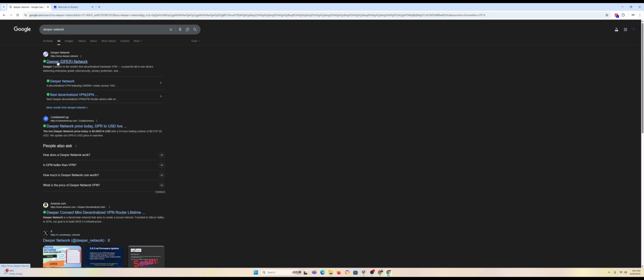So just to confirm, we're going to check the domains that are normally used by Deeper Network. So in order to check the domains that are normally used by Deeper Network, we'll have to conduct a whois search and see some of the domains and subdomains that are used by Deeper Network. So I did a search on Deeper Network, and this specific domain is a domain that is associated with a legitimate Deeper Network platform. And what we'll do is we'll copy this domain,